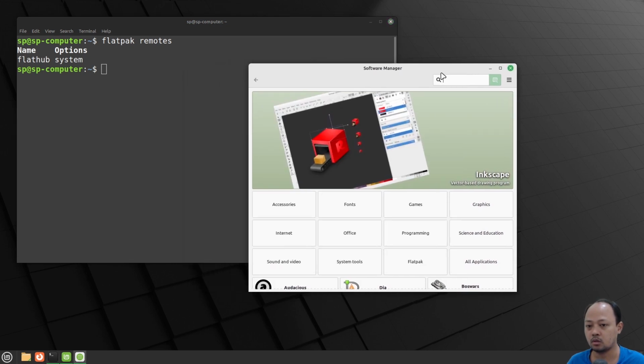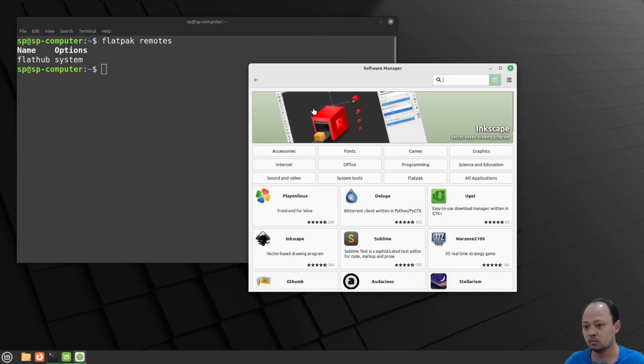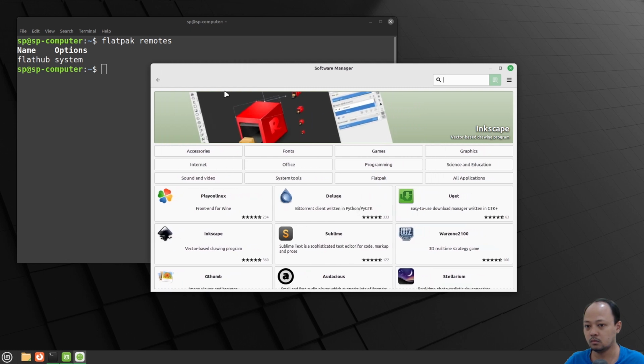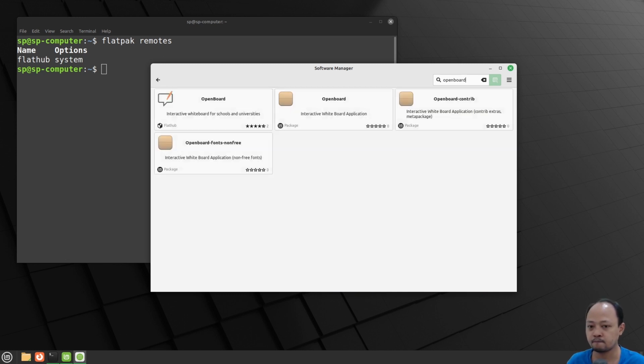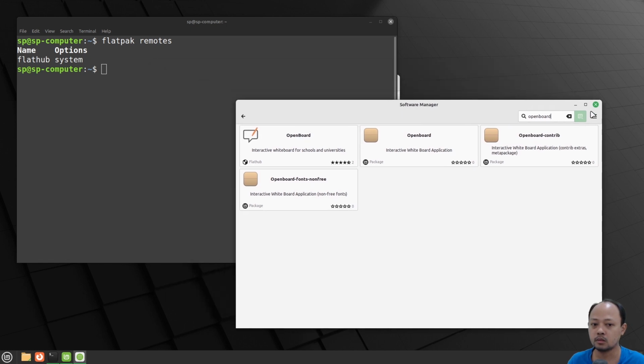Okay, the loading process is done. I will search OpenBoard. As we can see here, it will be installed from the Flathub repository.